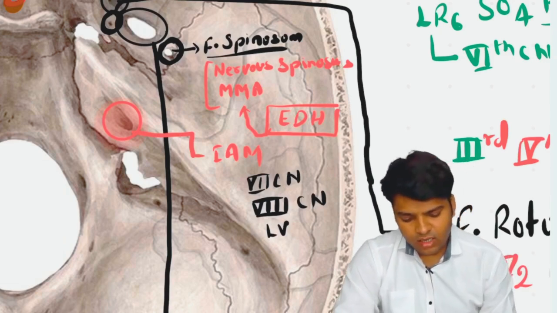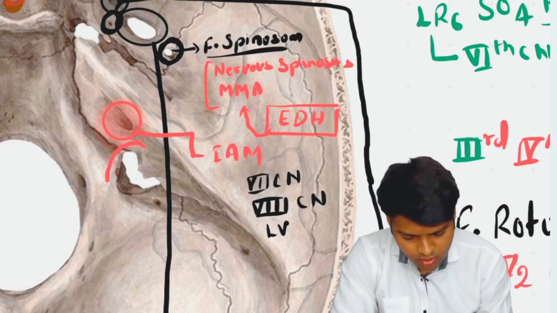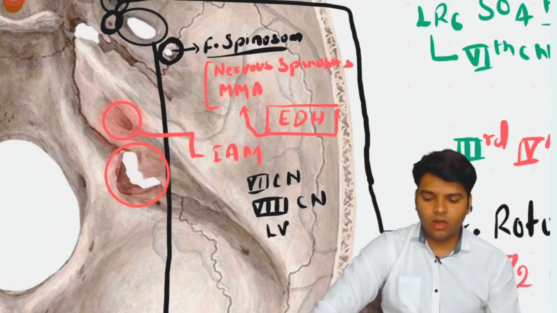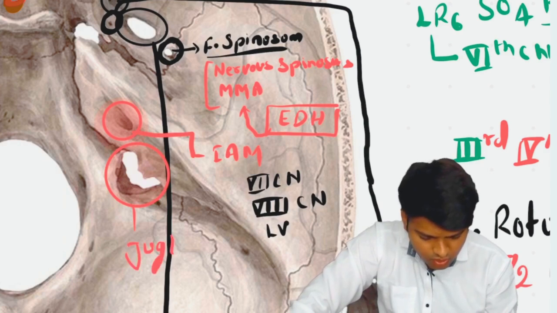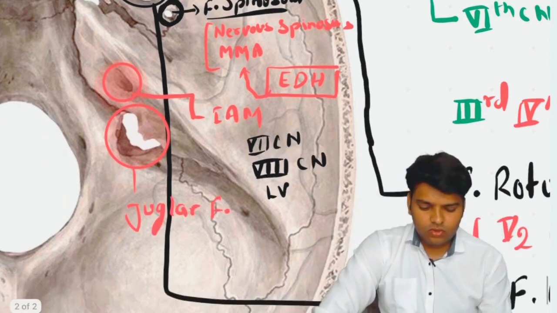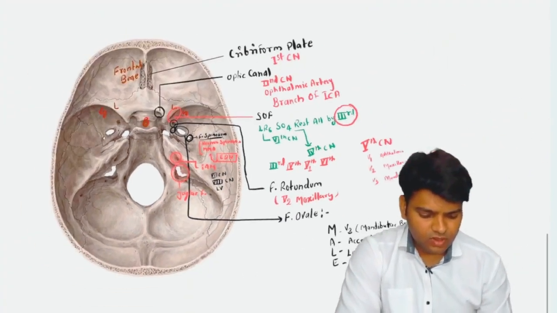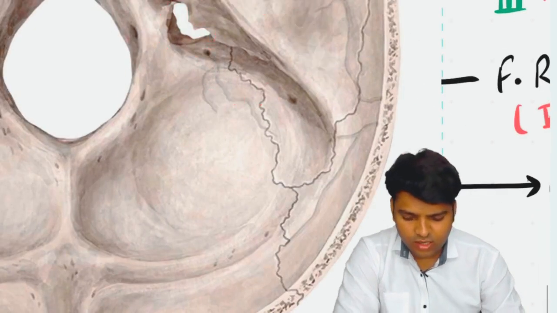And after that, near the internal acoustic meatus, you are able to see this very big opening, which is called the jugular foramen. Okay, so what are the structures passing through the jugular foramen? Please note it down. Number one,